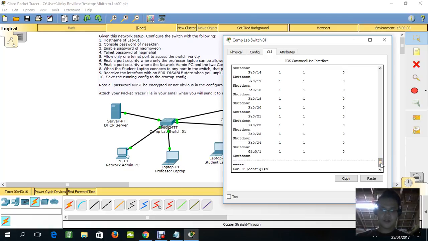Oh, I forgot the interface. To show port security, do show port-security interface FA.